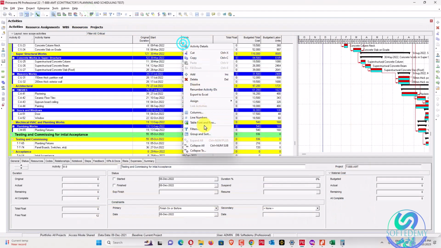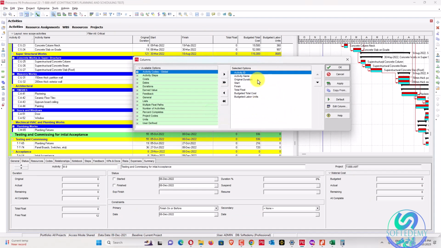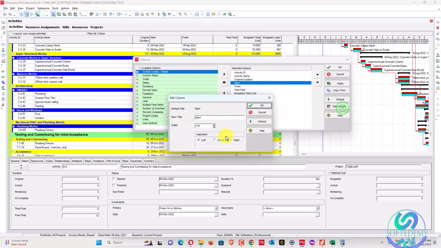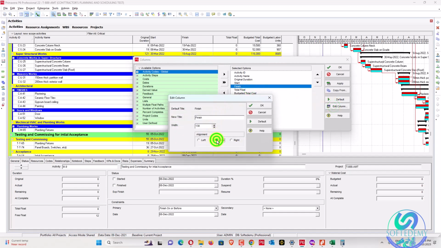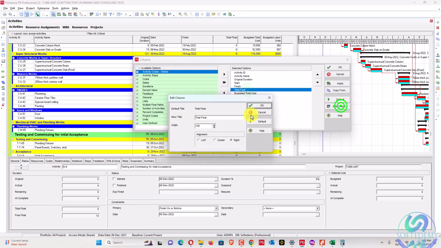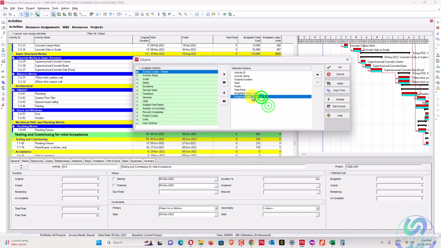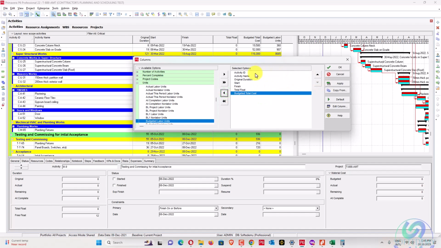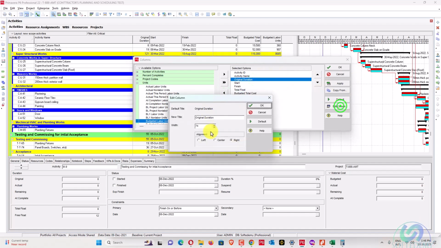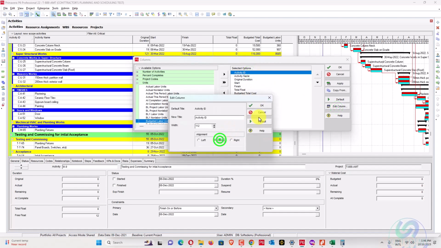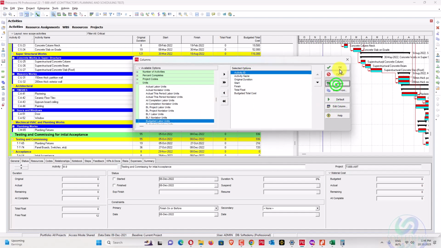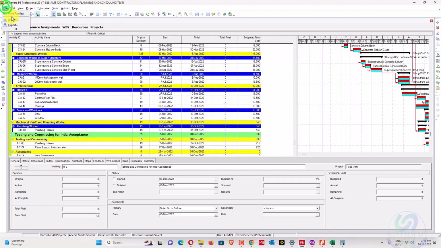So we'll go here for good formatting. We can go here to the columns, and edit the column, everything should be in the center. Edit column, everything should be in center. And total float, it should be edited in the center. Total cost, we remove this one. Total float, we need this one. Edit, everything should be in center. And this one, edit, should be in center. And apply, okay. Now print preview here.